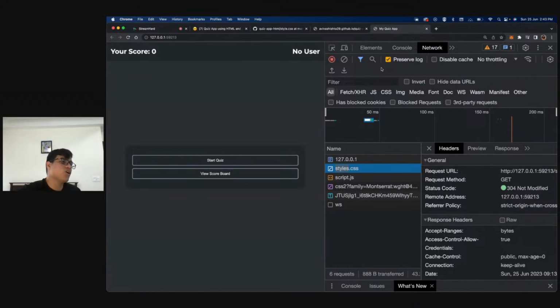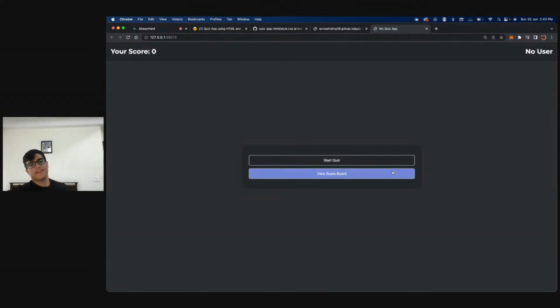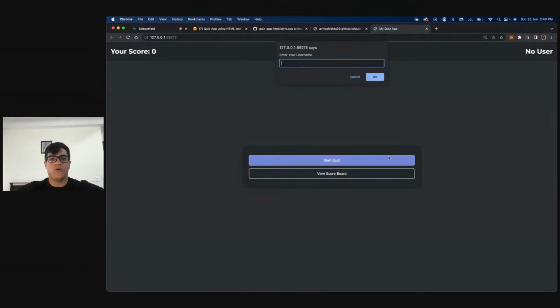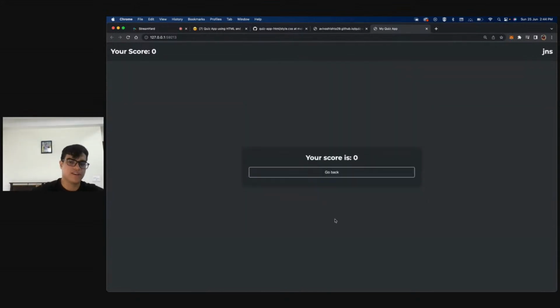So yes, the $ sign is used to insert the variable. That's about it. It's called string interpolation. It's a concept in JavaScript that allows you to put a variable inside a string. All right. Anyways, guys, now the only thing that is left is for us to take care of our high scores logic, right?